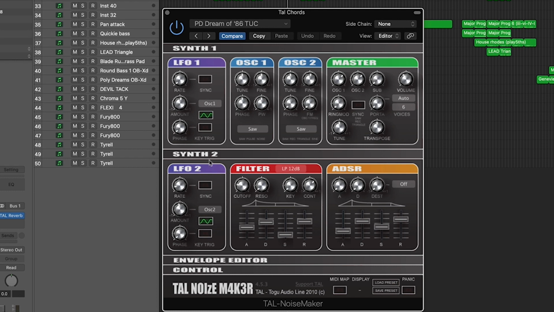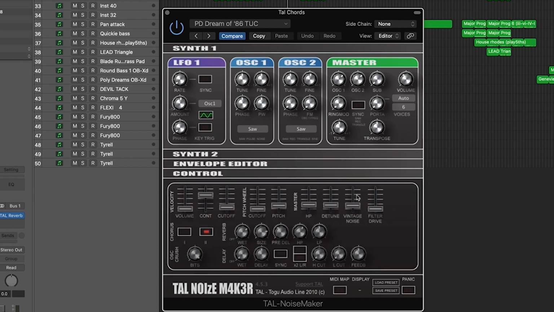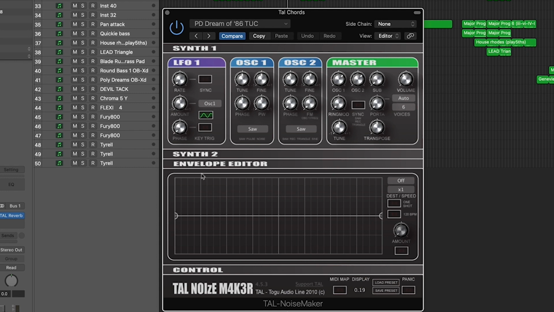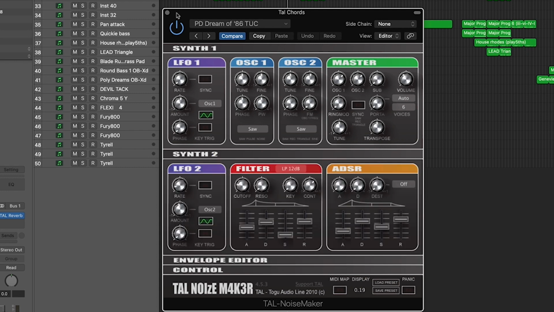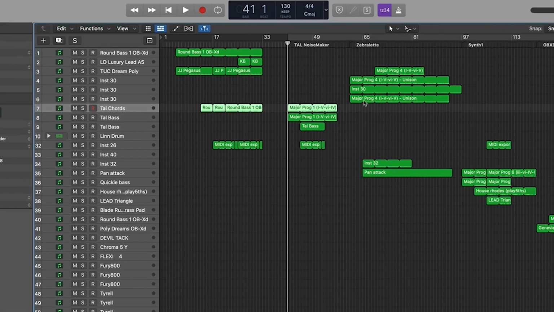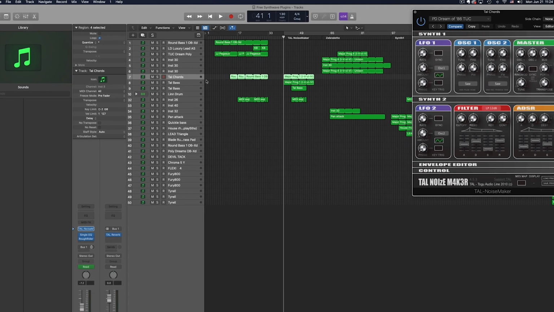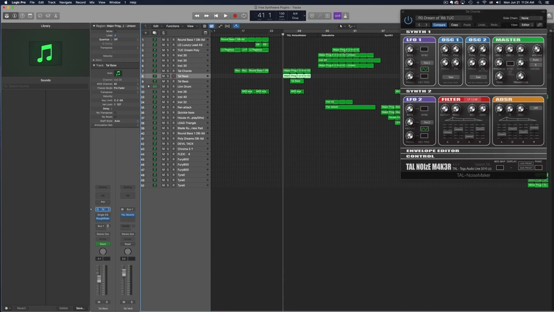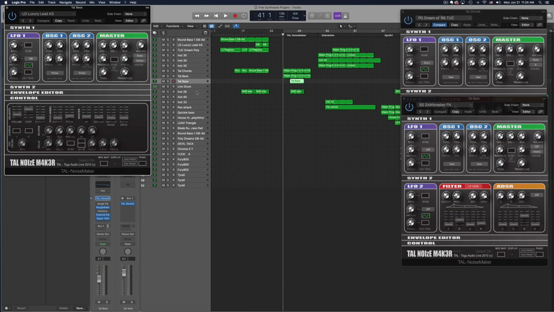It makes it harder to really mess up, and it keeps things really simple, and you can get the sound that you want quickly. And then here you've got your overall controls, and also an envelope editor. So some really cool controls inside of this synth. So now let's listen to it in a song. I've just spent like 5 minutes on each of these, just throwing together some little song seed using different sounds from the particular software synth. So we got these TAL chords here, we got some TAL bass here, and then I've got some drums playing